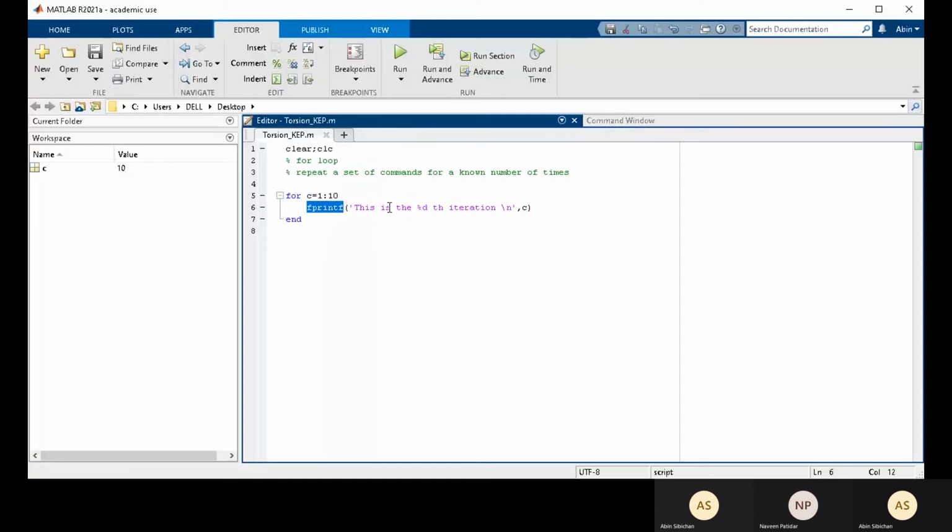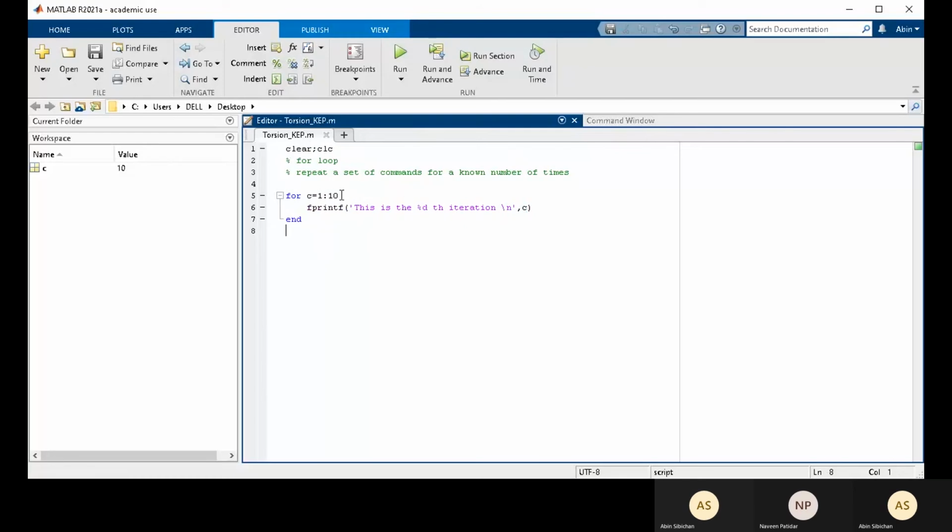So I have introduced a new built-in function, fprintf, which will be used to print a statement in MATLAB. And %d is a format specifier. Right now, if I just put C inside this, the fprintf statement will just consider it as a word. So if I put C, it will print 'this is the Cth iteration' 10 times.